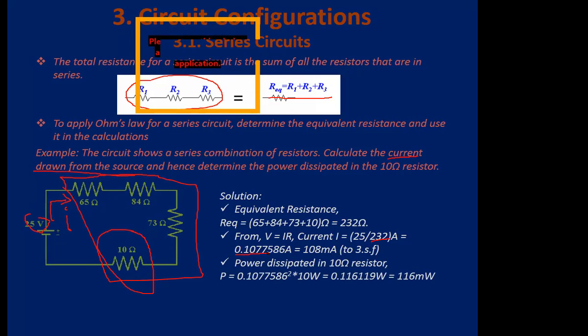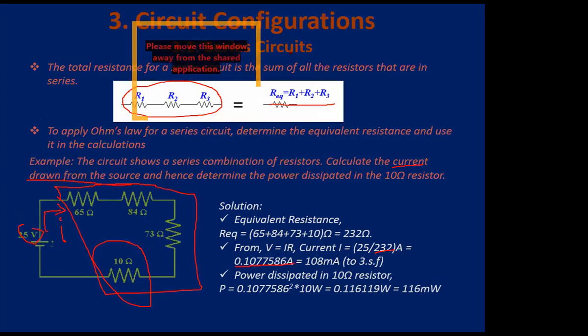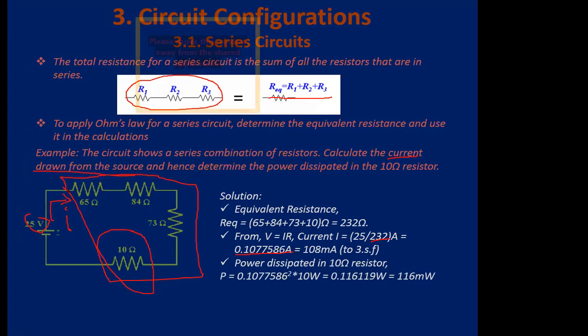But since you will use it later, you can take note of this intermediate calculation, right? Then after that, we now know the current drawn from the source. We now need the power dissipated in the 10 ohm resistor. Now these components are in series, so what it simply means is that they have the same current flowing through them. So this current through this and that is still